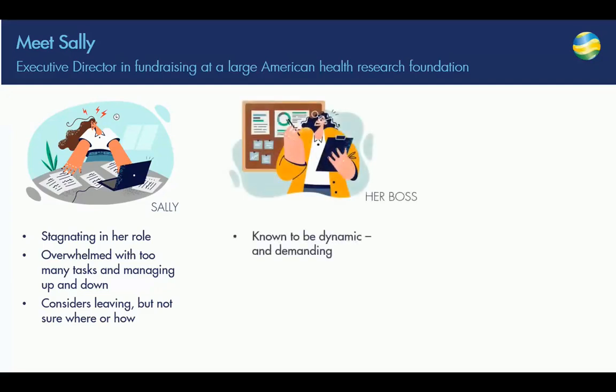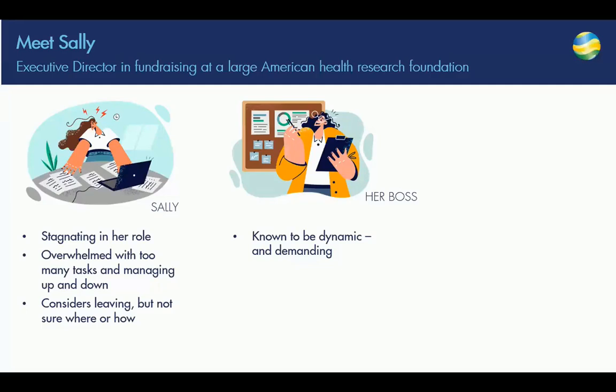Now, related to Sally's boss, her boss was extremely dynamic, creative, came up with great ideas, but also quite demanding. So a lot of Sally's time was spent managing her boss. Her boss relied on Sally for a lot of things. She gave an example where Sally was working at home one day and decided to take a run during her lunch break. She had her Apple Watch on, and as soon as she took off, she noticed there was a text or an email coming in from her boss. And she was like, oh, I'm just going to go run.